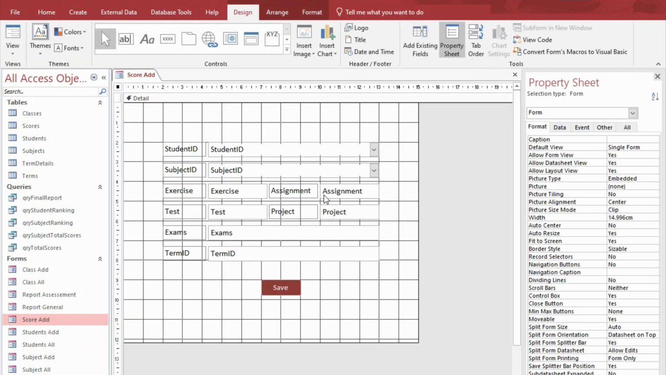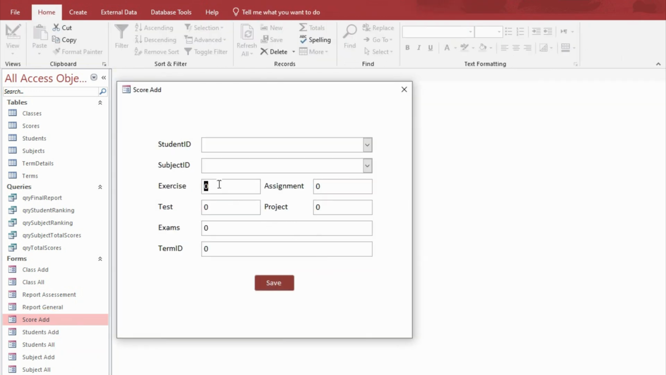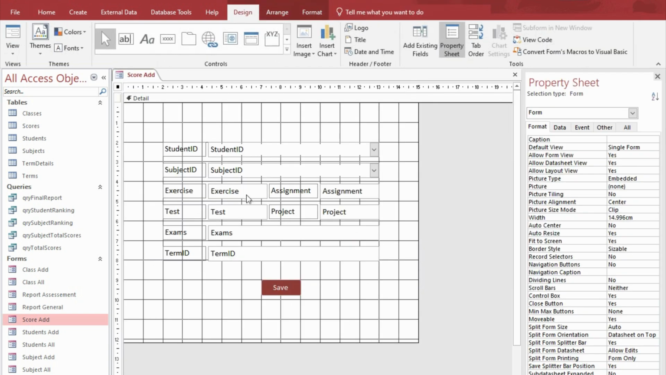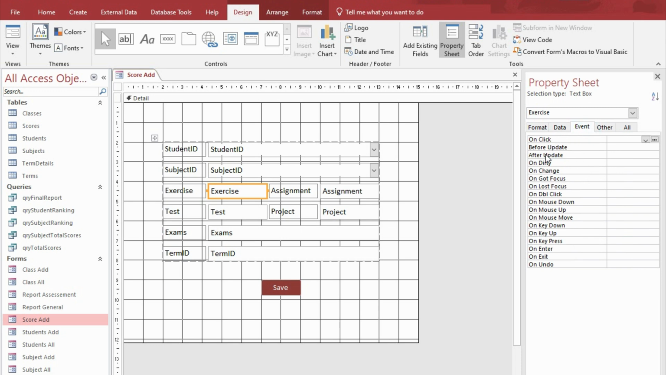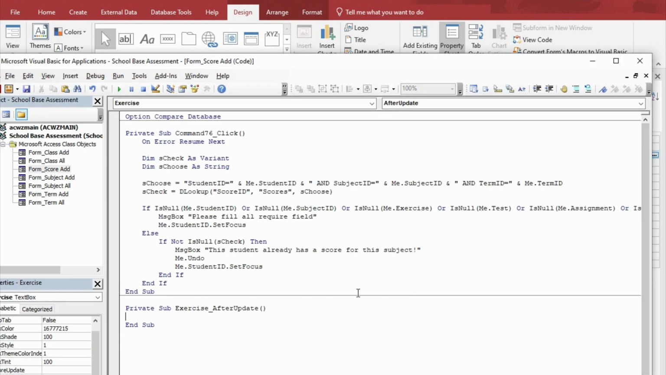The next one is to make sure we don't add a score more than 15, because this one should be 15, 15, 15. So we go to the design view, come to exercise. Either you can put this code on before update or after update. Select the text box exercise, come to event, then come to after update. Let's put it after update. So click on this one, then you enter